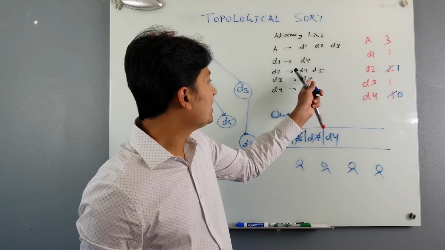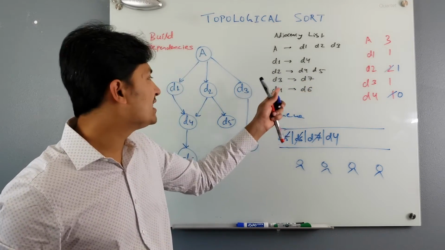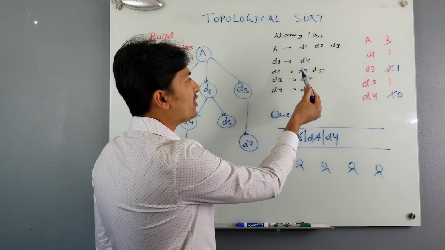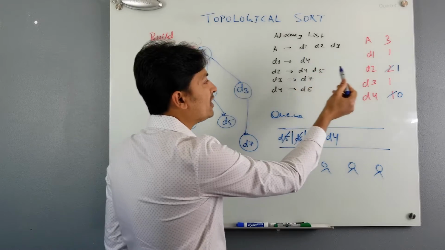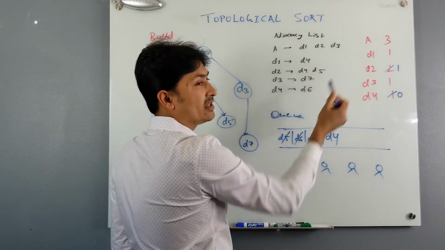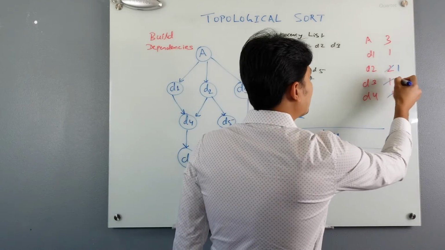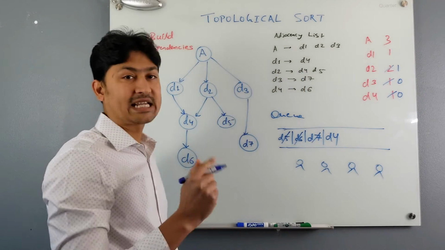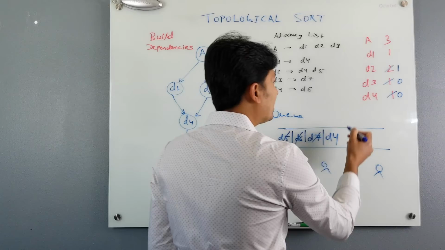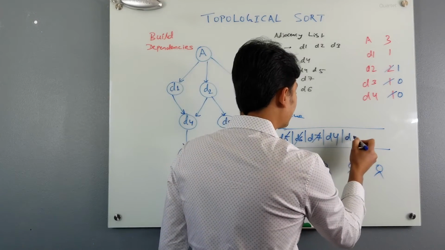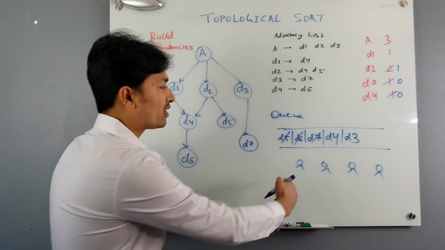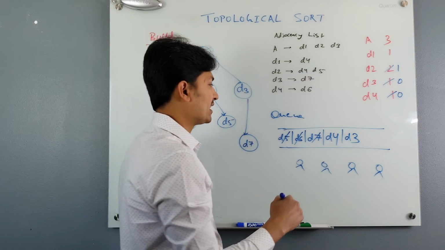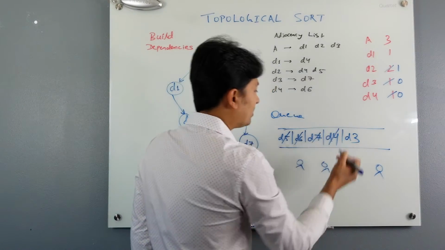Further, when you process D7, you found D3 was having dependency on D7, then you decremented the count for D3 in this 2D matrix, which is again 0. So now D3 has no dependency, it can be processed, so it will be pushed to the queue. So these workers, as soon as any item is pushed, they will start processing it, so that this D4 will